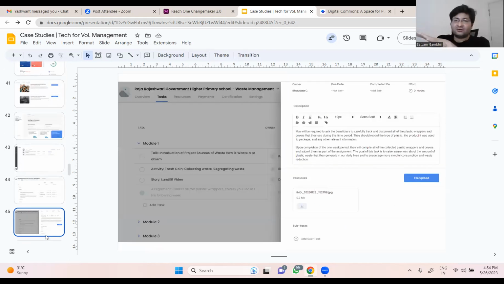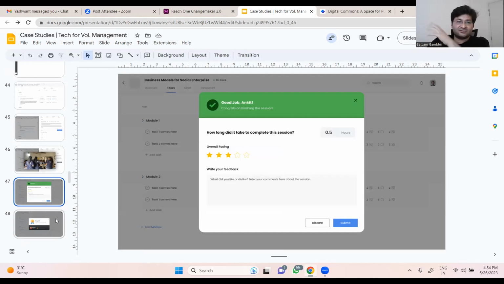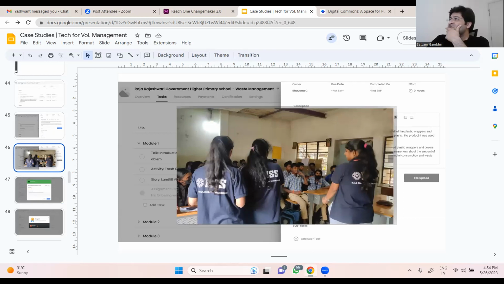All of this that you can automate, even sending notifications, etc. And once you do it, you can also log hours. I think I showed you that screen of logging hours and star rating everything. So this is one. There was another question related